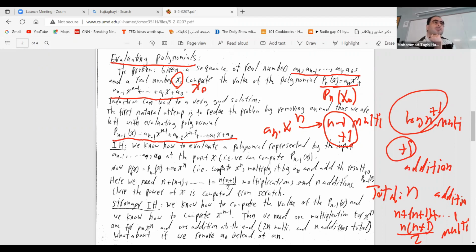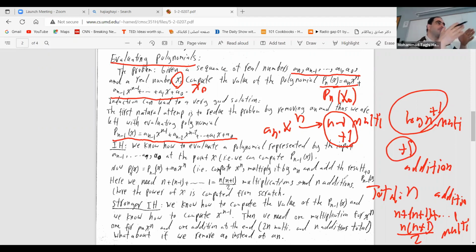So how are we reaching log n multiplications? Essentially, for example, if you want to get x to the 4, what can you do? You can multiply x times x, then it would be x to the 2, then x to the 2 times x to the 2. That would be x to the 4. So this is the general idea.